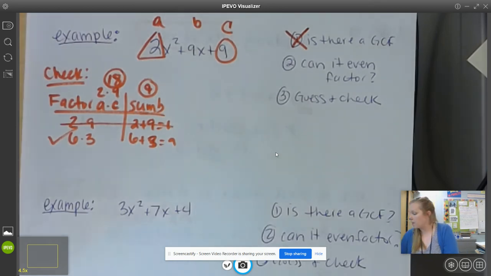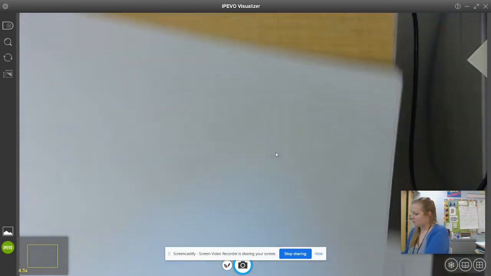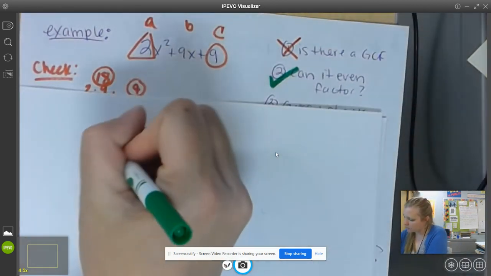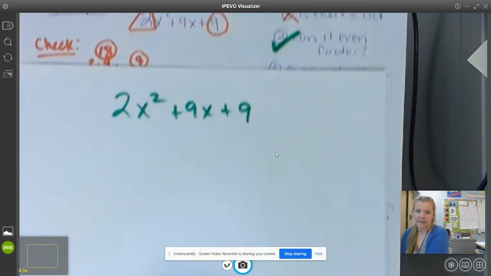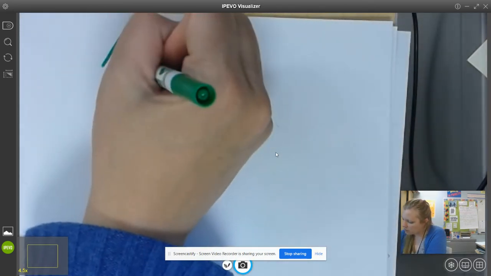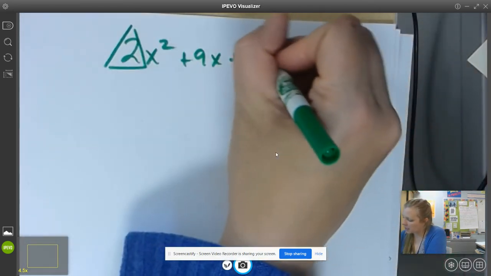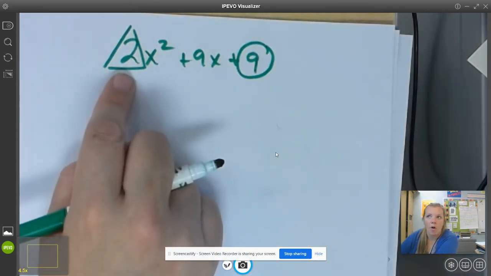So we know that I can factor it. Yay! The next step is to guess and check. And this is truly the worst. That's what I was trying to say before. I'm going to do it on a separate sheet of paper just because I already can see I'm not going to have room. 2x squared plus 9x plus 9. I just copied it over. And then what we do is I put a triangle around the first one and a circle around the next one. And I'm going to write down all of the possible